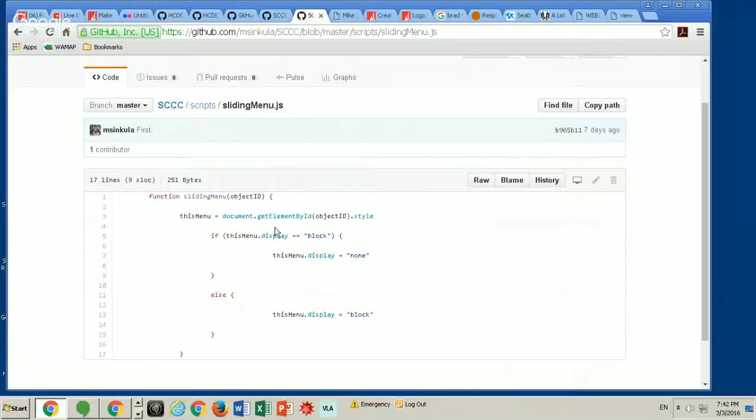Nice. So dot display, meaning style, so style can refer to different things, but in this case, it's going to refer to display, is equal to block. Then,